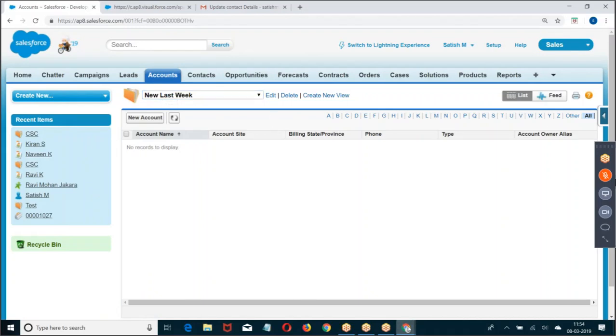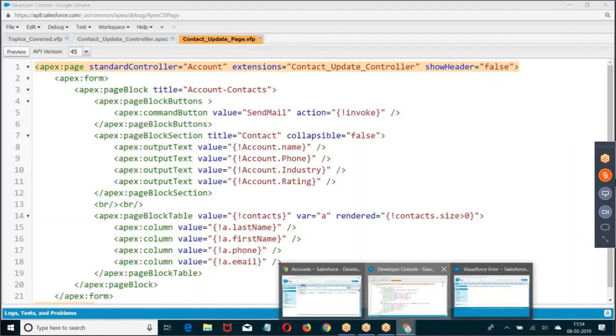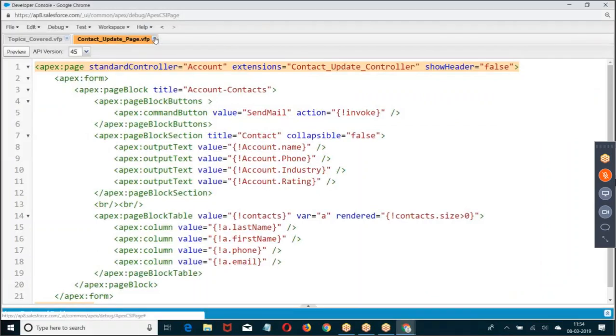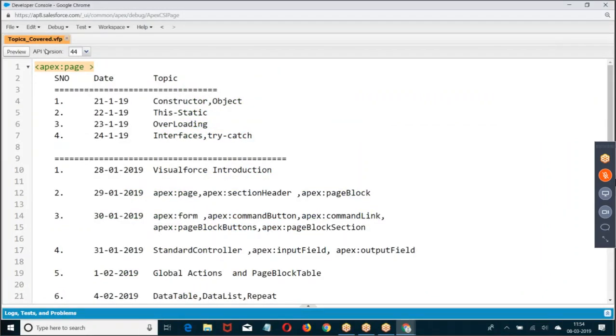Now, let me try to achieve this functionality. I hope everybody followed this concept. Anyone who is finding difficulty in this concept? This is very frequently used functionality. I told you already, from now, whatever we are doing, this is what we actually do. Rest all the things are to support this. Everyone is good with this example? Clear for everyone? Yes or no?